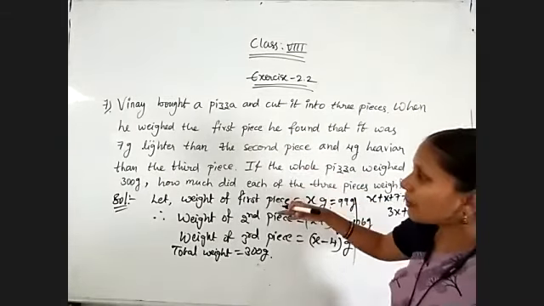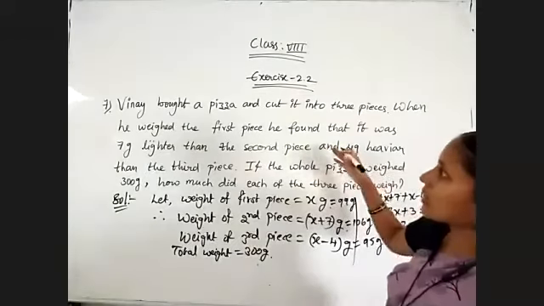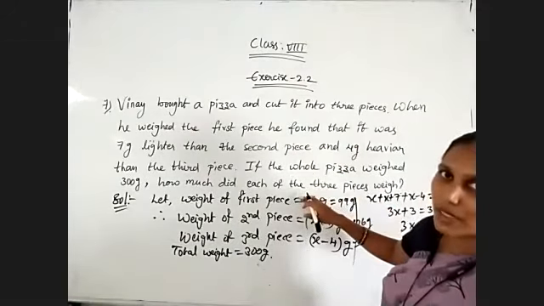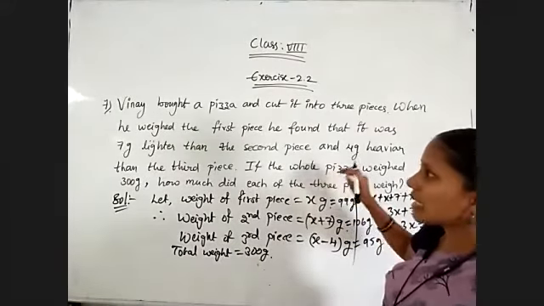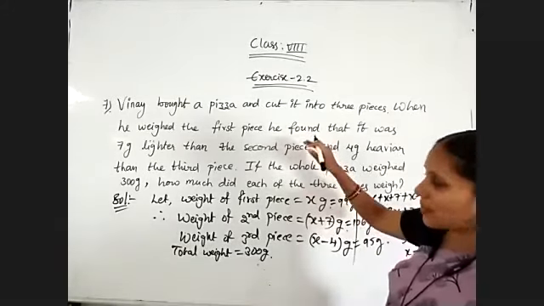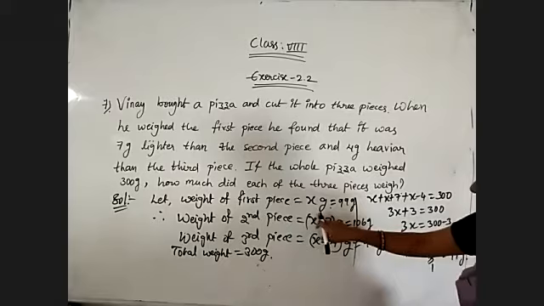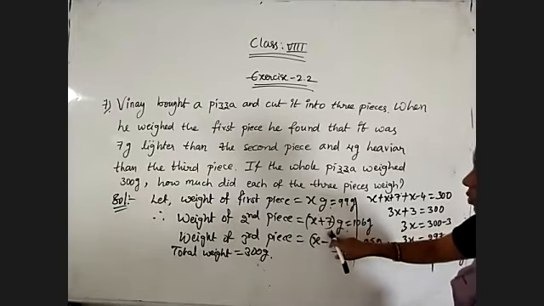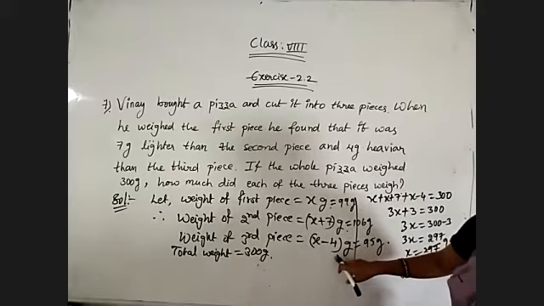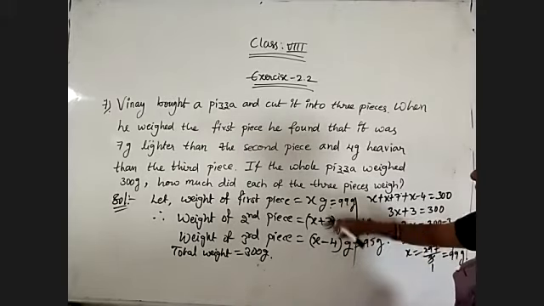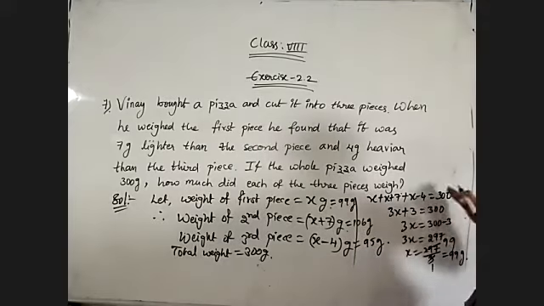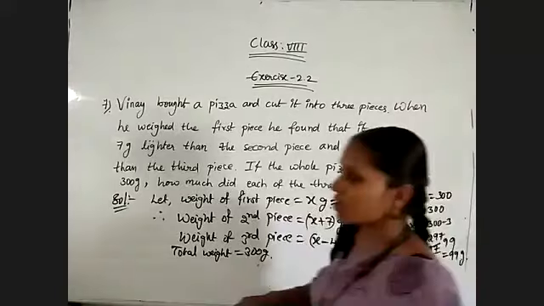Okay. And the third piece is lighter. The first piece is heavier than the third piece by 4 grams. That means the third piece has weight less than the first piece by 4 grams. That's why x minus 4. Okay. First piece weight is x grams, which means the second piece is more than x by 7 grams. Third piece is less than x by 4 grams. So if you are understanding this condition, the remaining is very, very simple. We just need to do the calculation. Now coming to the next problem.